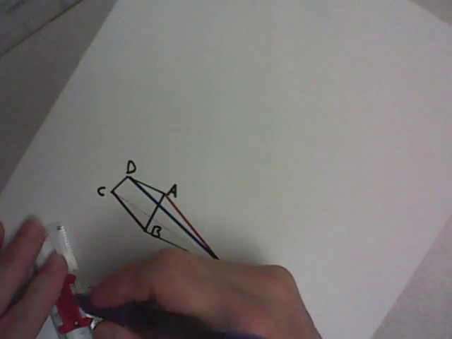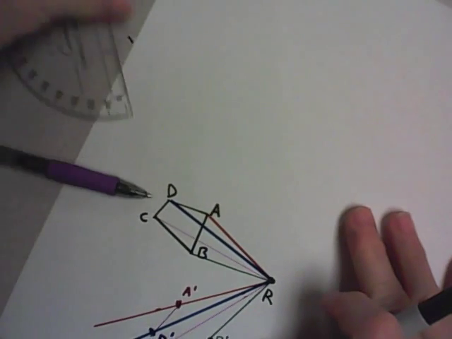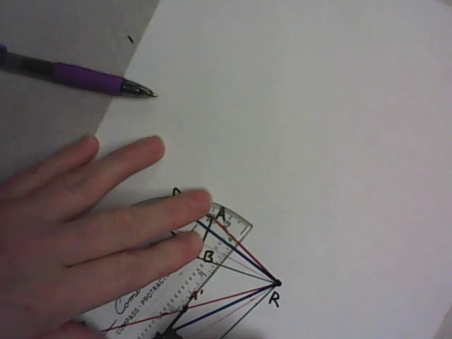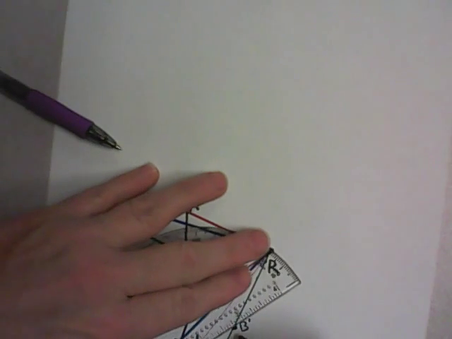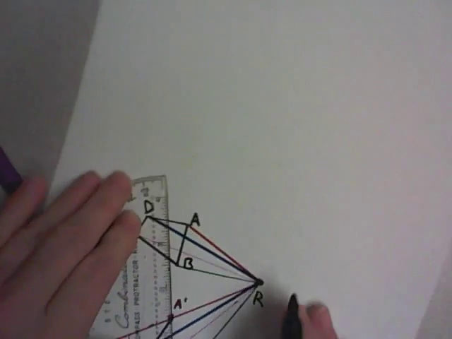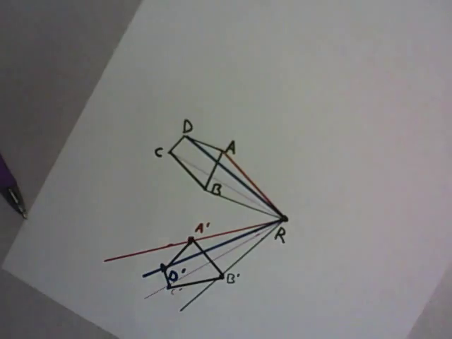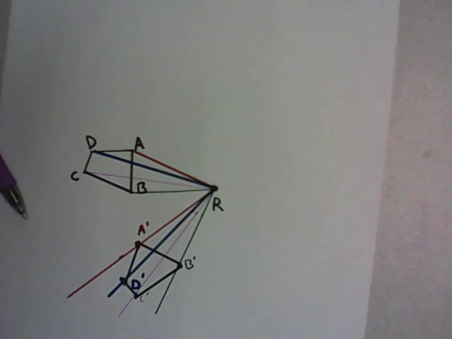And then I can sketch it in, so I need to connect here. And I could probably do this in black so it shows up better. So I'm going to connect A prime to D prime to C prime to B prime, and A prime to B prime. And there I have my shape. It's been rotated 60 degrees